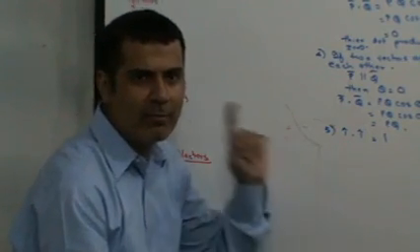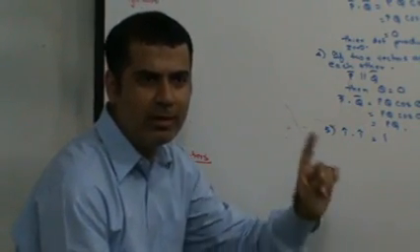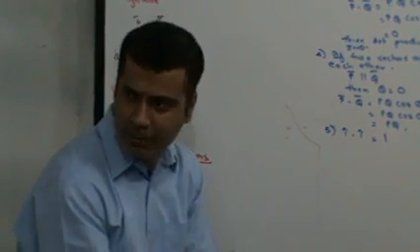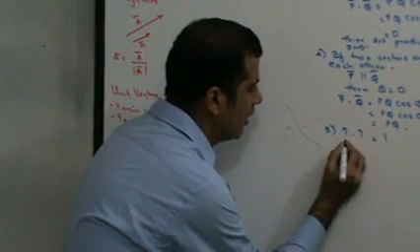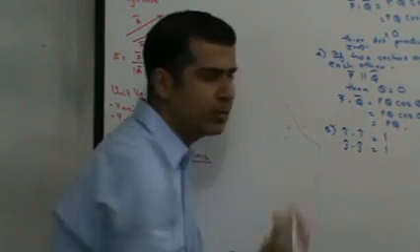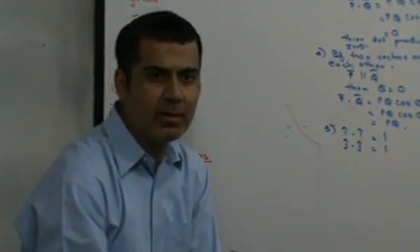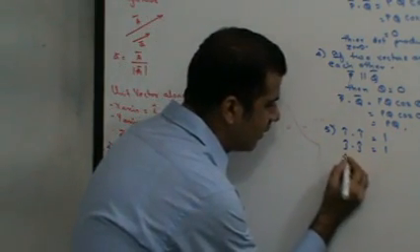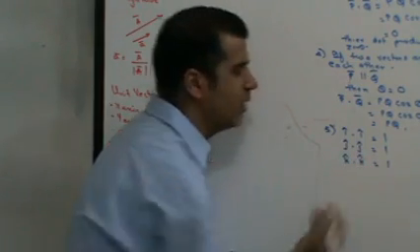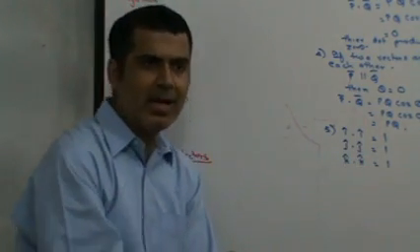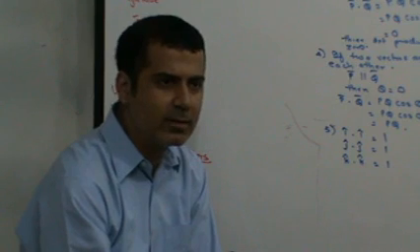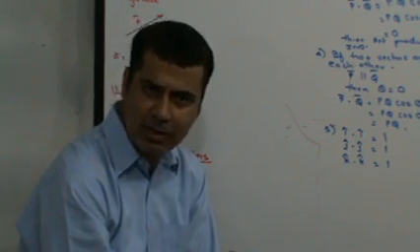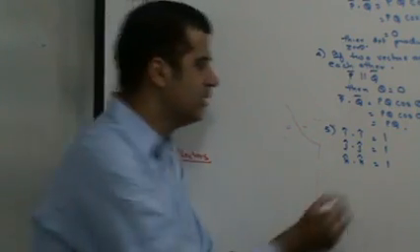I vector dot I vector will be 1 into 1 into cos of 0. Cos of 0 is 1. So it will be 1 into 1 into 1, that will be 1. Similarly, J vector dot J vector will also be 1. What is J vector? It is the unit vector along the y-axis. Similarly, K vector dot K vector will also be equal to 1. Hence, I can say that I vector dot I vector is equal to J vector dot J vector is equal to K vector dot K vector is equal to 1. Similarly,